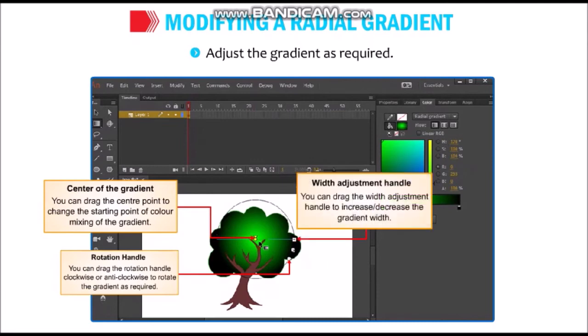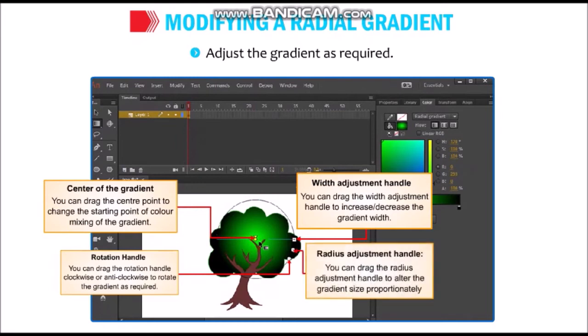Width adjustment handle: you can drag the width adjustment handle to increase or decrease the gradient width. Next, radius adjustment handle: you can drag the radius adjustment handle to alter the gradient size proportionally.